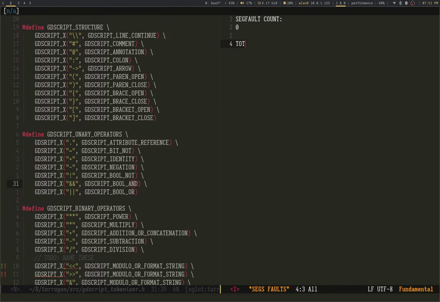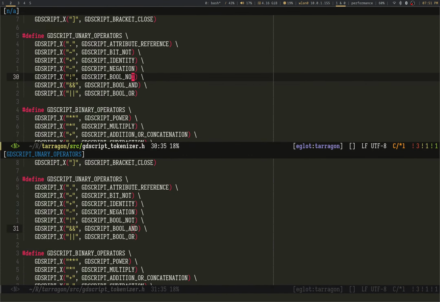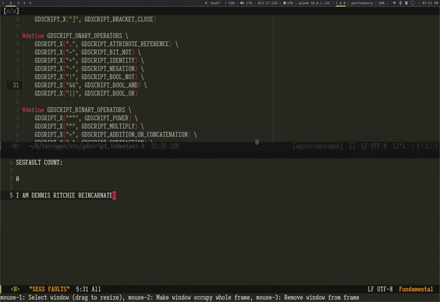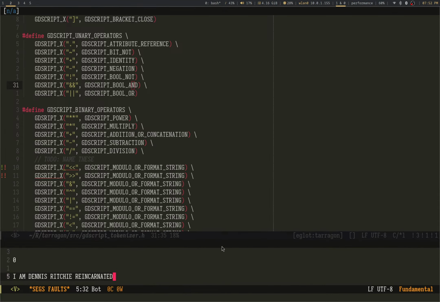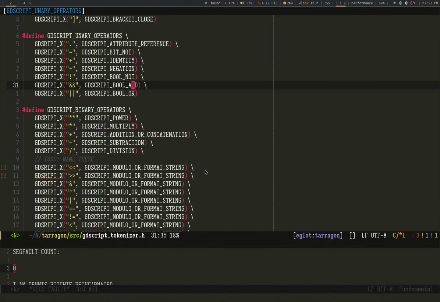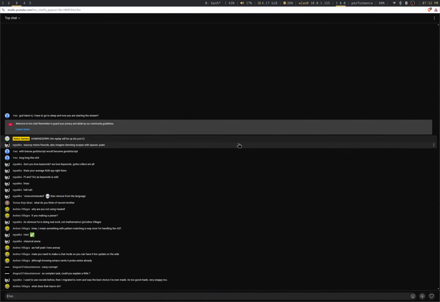Total victory. I'll update these once I segfault. Once I segfault this, wait, actually, look at that. There we go. So I've got the segfault count going.